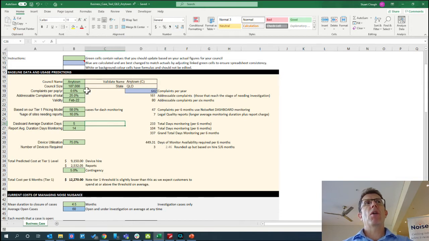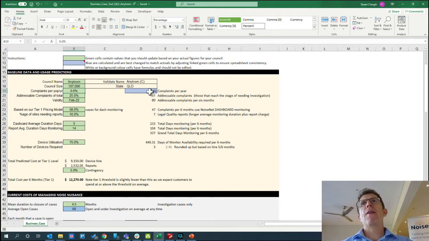If that's too high, we'd suggest you change that number, the green cell, to get the right number in the blue cell. And that's just for consistency of the spreadsheet. Otherwise, you'll get numbers that don't make sense. If that stays at 0.6 and this ends up at 200, probably when it gets in front of an accountant